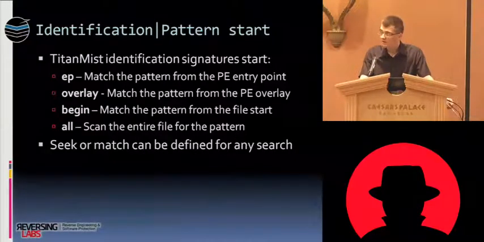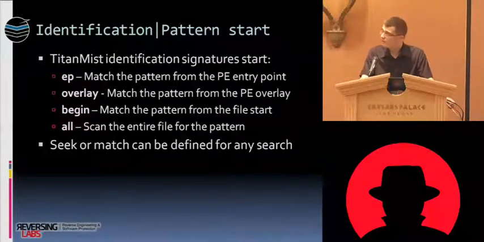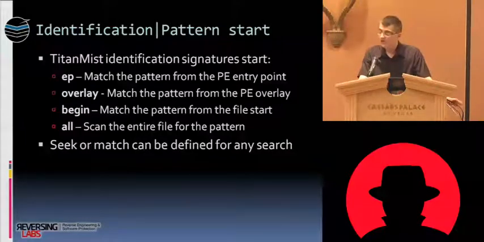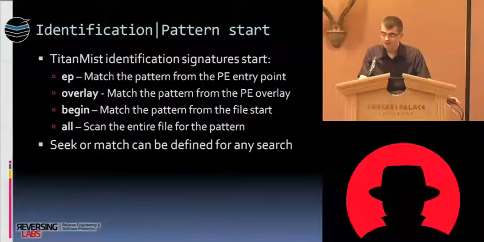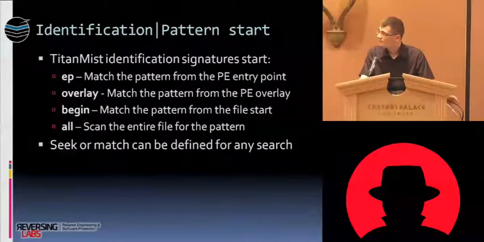So the identification can start from the entry point, and these are the default settings listed. For the entry point, the default is match a pattern. For the overlay, it's match a pattern as well. For the beginning of the file, it's also matching. But you also have a switch that enables you to scan the entire file for the selected pattern. Now, since these are the default values, they can be overwritten. Each and every one of these patterns can be switched to seek, which means just search for the pattern